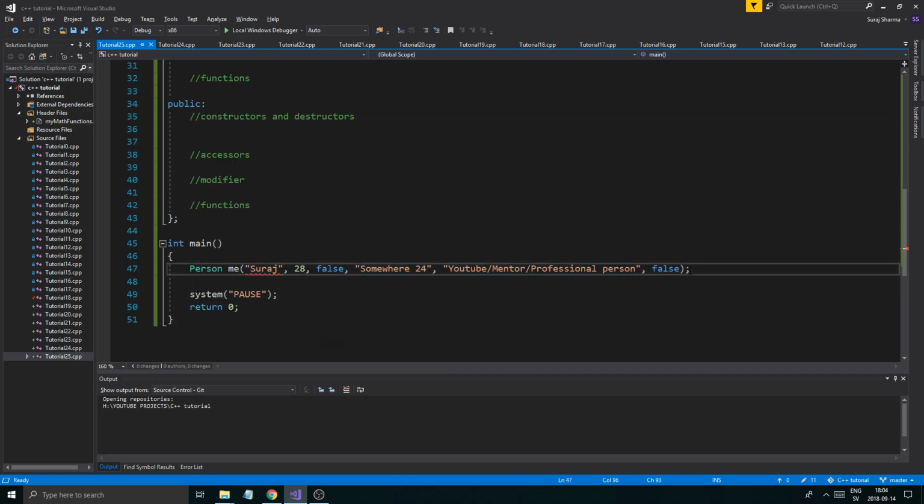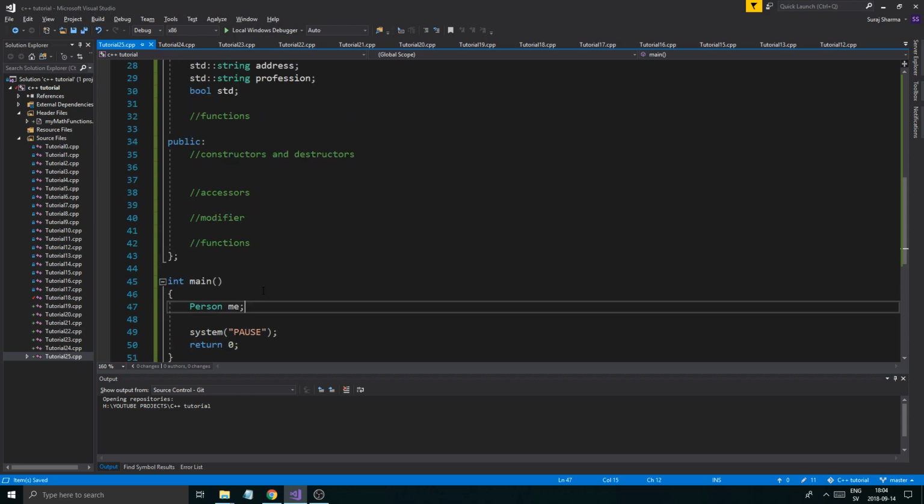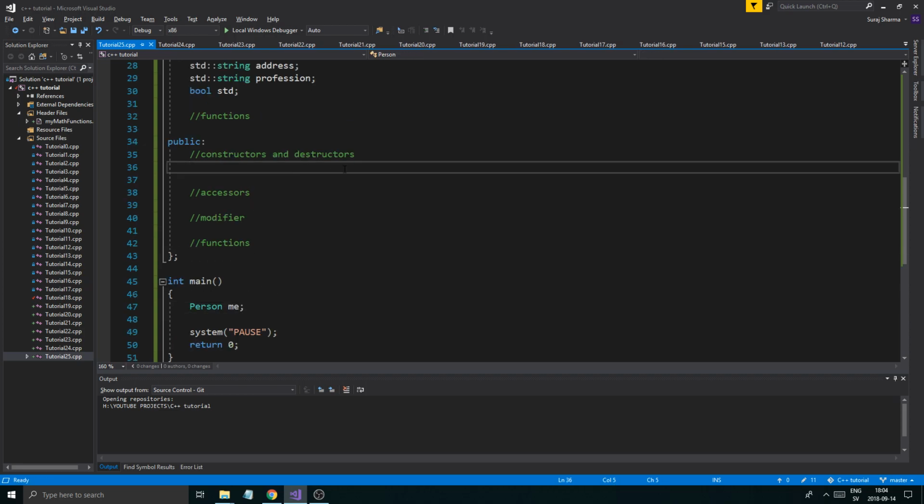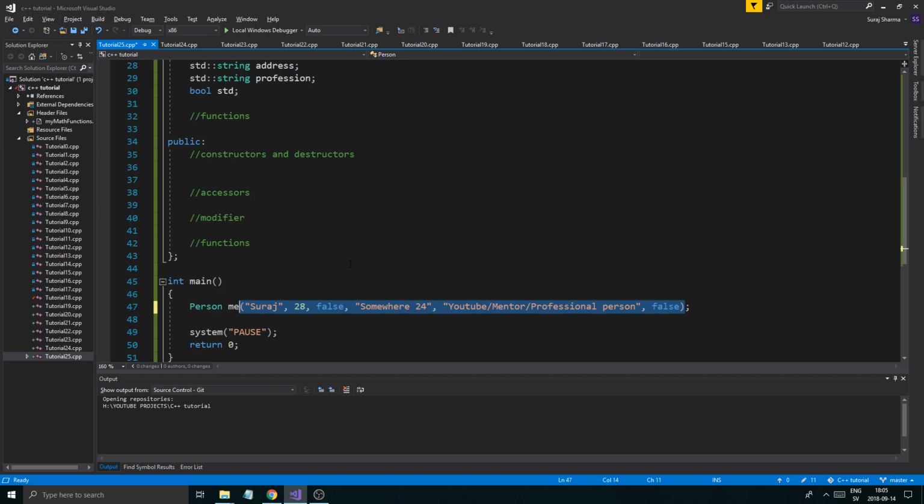Now, because I don't have any specialized constructor, I haven't created anything myself, it will call a default constructor, which C++ created for me, and it isn't shown here, but we can override it if we want. But it's not shown here, and when we create our own, it will be overridden. But there is no constructor that looks like this, no function that looks like this with these input parameters. And a destructor, sorry about this, a destructor